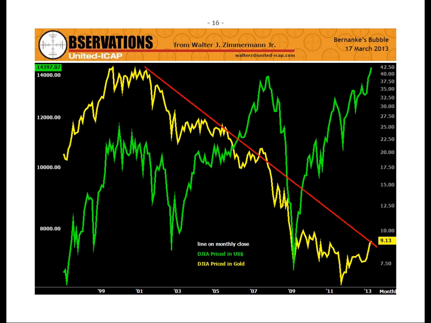Looked at in US dollars, what we see here, we think, is the fact that more than the stock market going up in value, the dollar is going down in value. That is, it is taking more and more dollars to buy the same amount of stock. One of the main points we think this displays is that Bernanke is saying, well, there is no inflation, and we're saying, wait a minute, all the inflation is in the stock market.